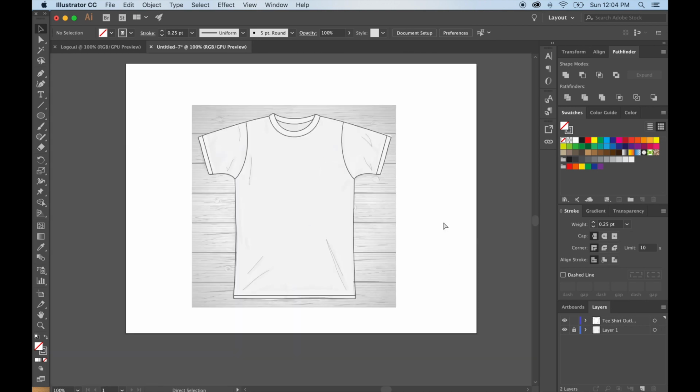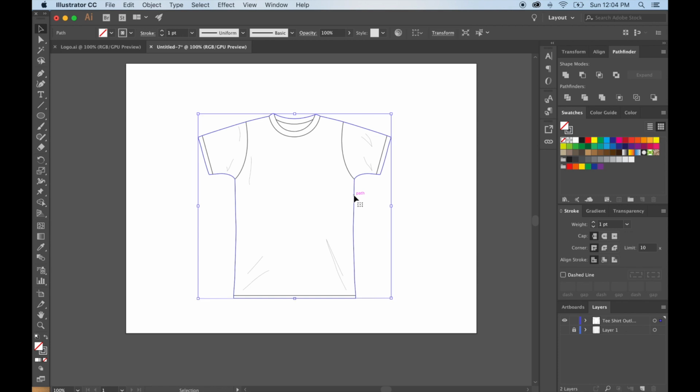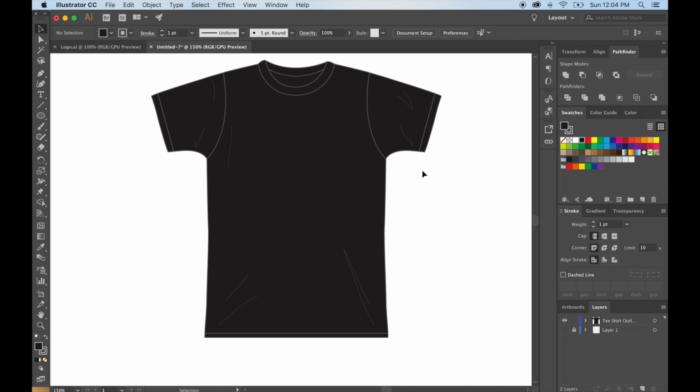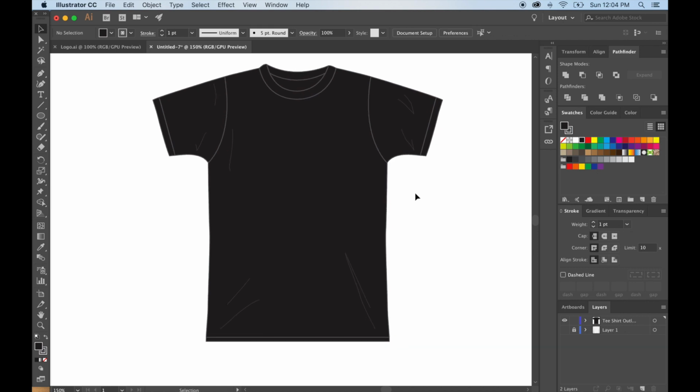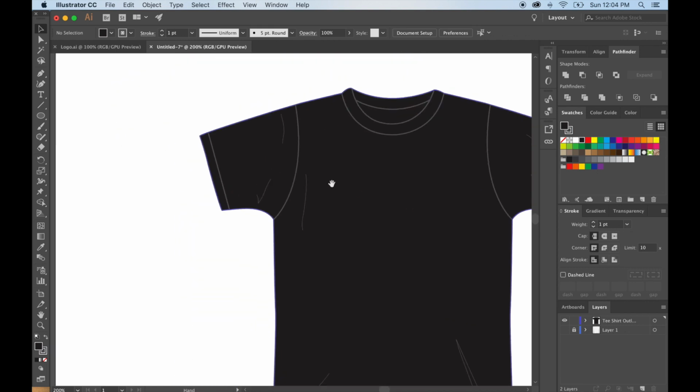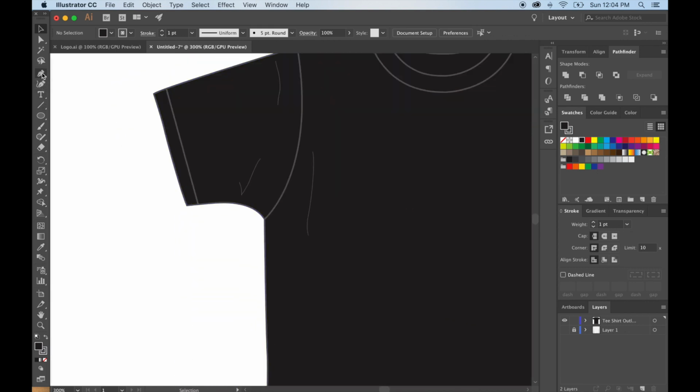Okay, now that you have that, you can click this visual, click on the body again, and now make it the color you want. So now you can see the wrinkles on the shirt. It makes it look very realistic. We can take it a step further and click the pen tool, go here,